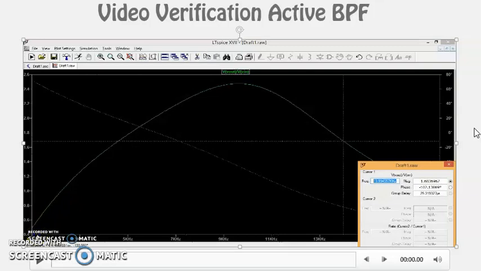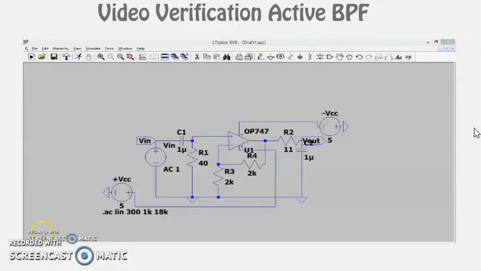The change in the values is merely because of the values of resistors that we have selected, because the values that we have evaluated for R1 and R2 are not as exact. I have approximated the value of R1 to be equal to 40, although it is around 38 point something. Similarly, the value of R2 is around 11.6, and I have taken it as 11. Because of these things, the achieved results are a bit different from the desired results.